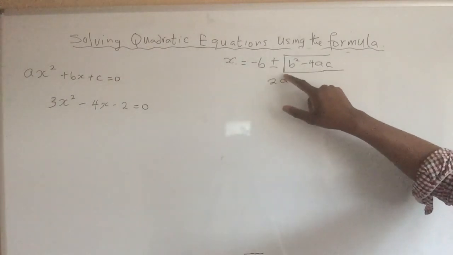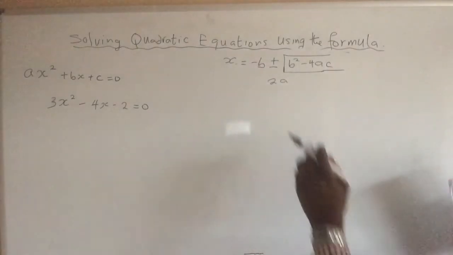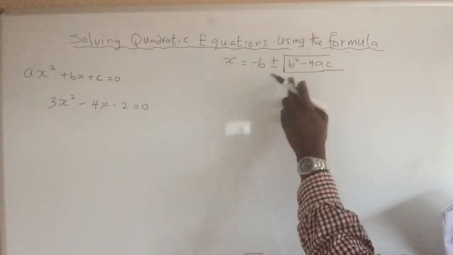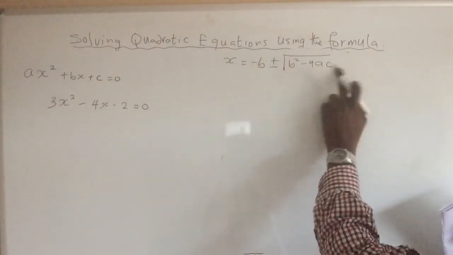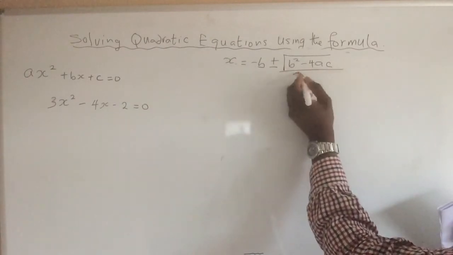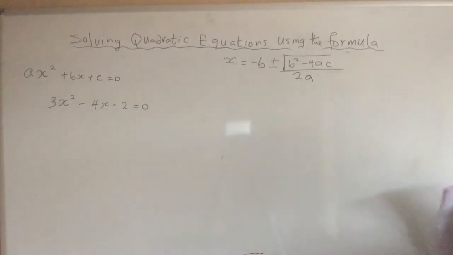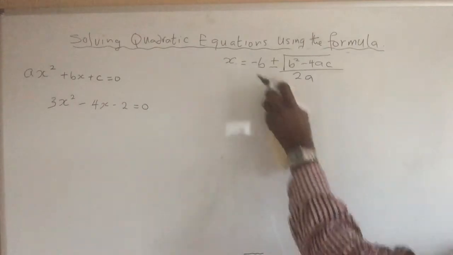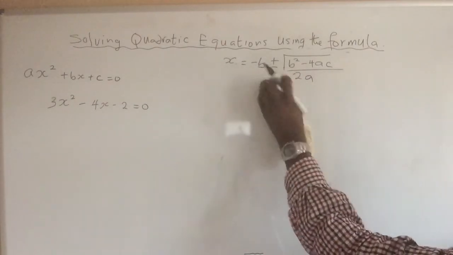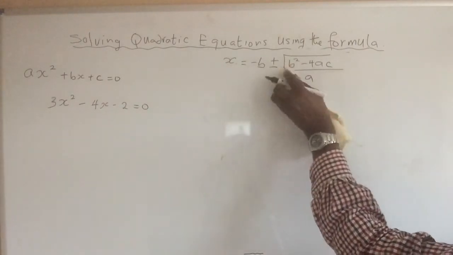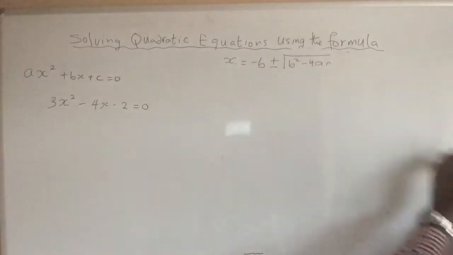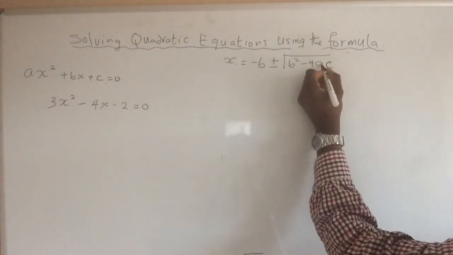It just doesn't cover this one. A lot of people make that mistake and say, well, it's minus b plus or minus, all of this just divide by 2a. No, please do not make that mistake. It is b squared minus 4ac, then all divide by